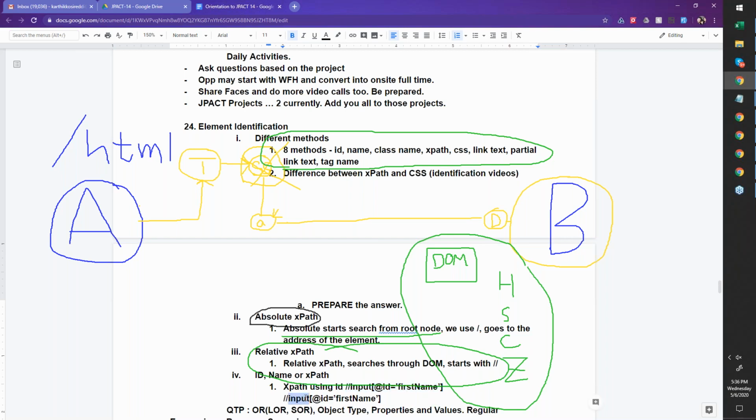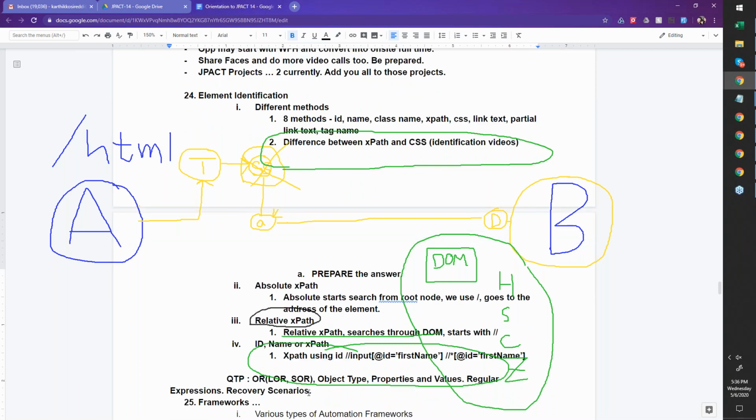There is a school in automation which believes that CSS is faster in terms of performance than XPath, but I think it's very, very negligible. CSS, I am not a big fan of using CSS for element identification. But there are good videos also on how we can go about identifying one.